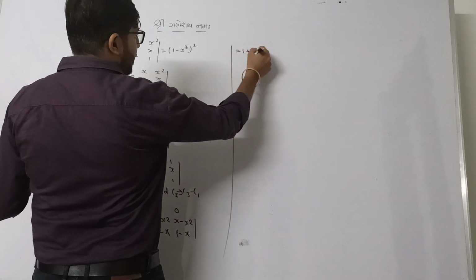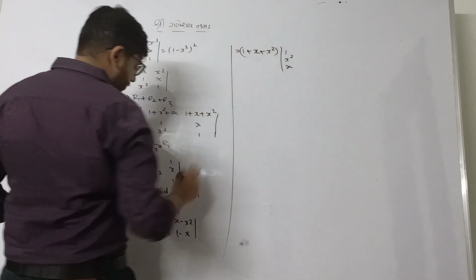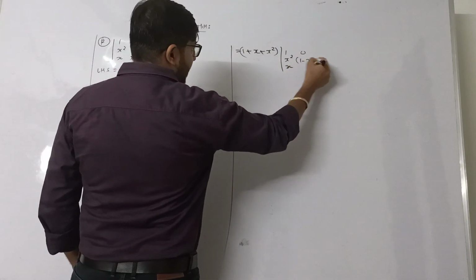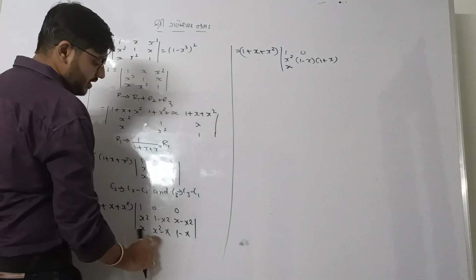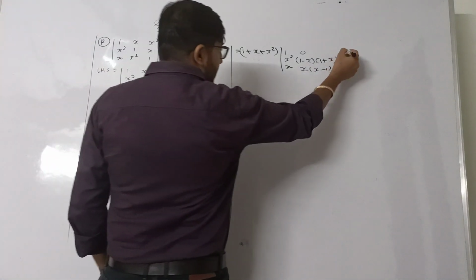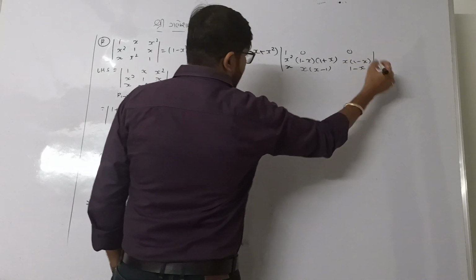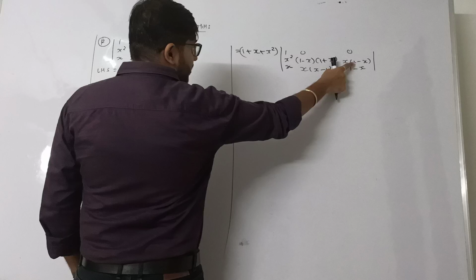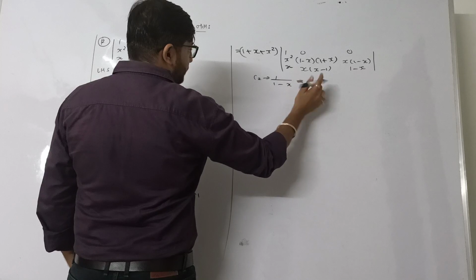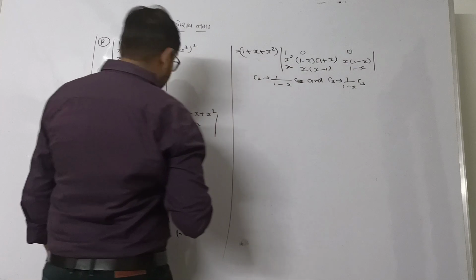So we have 1 plus x square plus x with the entries 1, x square minus x, and so on. Now just check: 1 minus x square can be written as 1 minus x times 1 plus x, and in x square minus x we can take x common, which gives x times x minus 1. Similarly in the third column, we take x common, giving 1 minus x, and the other entry is 1 minus x as it is. So we find 1 minus x in every entry, so we will divide the second column by 1 minus x, and we will divide the third column also by 1 minus x.